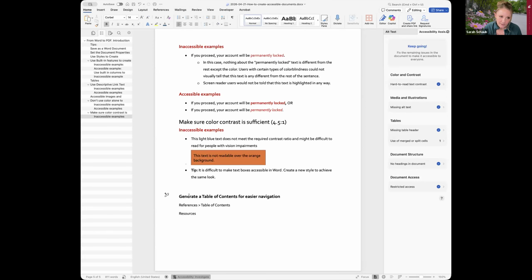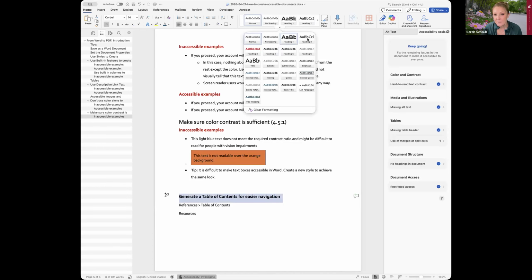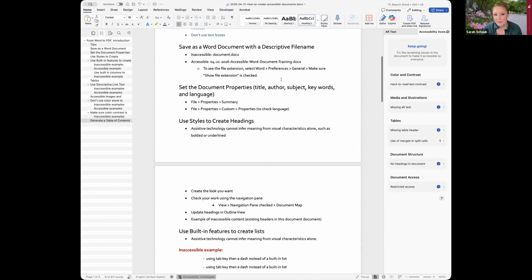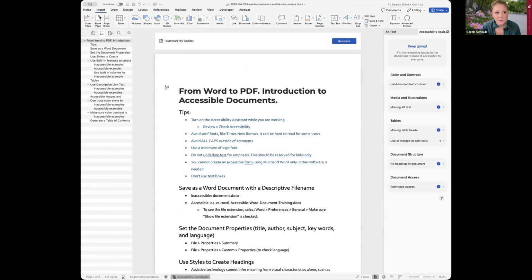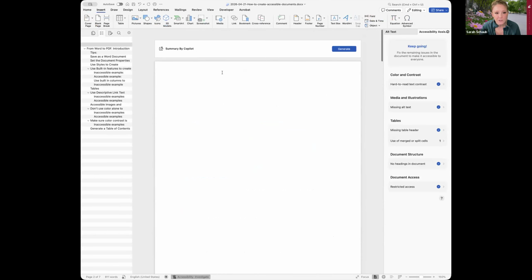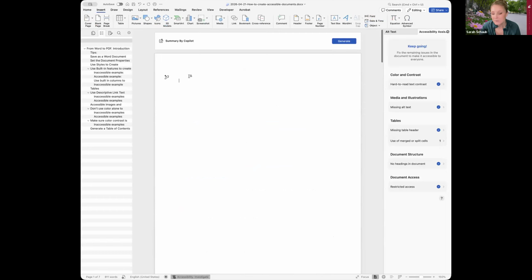And so again, like I talked about in the beginning, the nice thing about using heading structure throughout your document, not just for accessibility, is you can easily generate a table of contents when you're all done. So I'm going to give that a header. I am going to show you how to do that. So I'm going to select insert. I'm going to add a blank page here just so that I can insert my table of contents on the